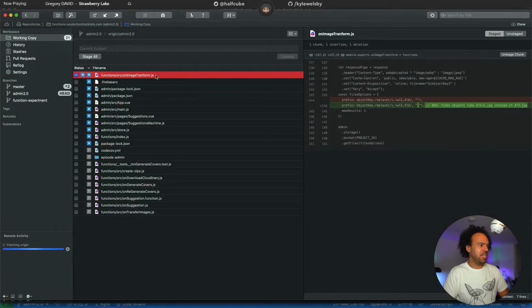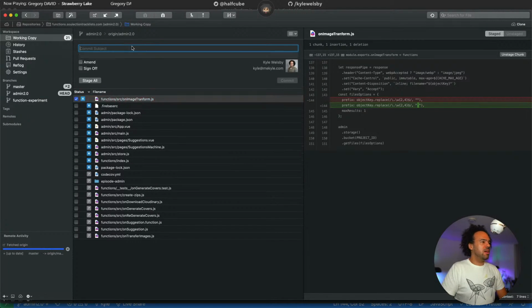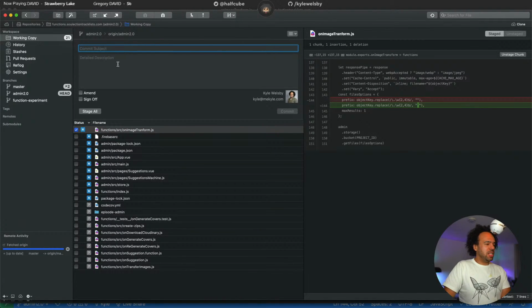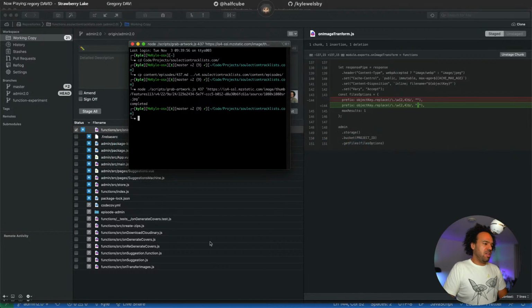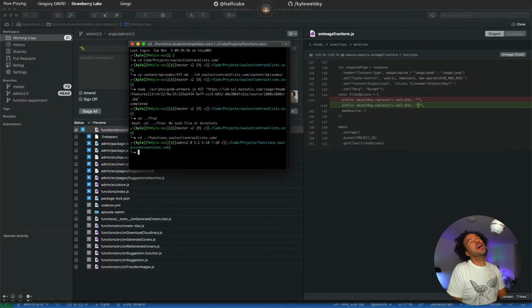The logic makes sense, and I don't think it automatically deploys when I ship that, but could I simply go like this, functions like this, and